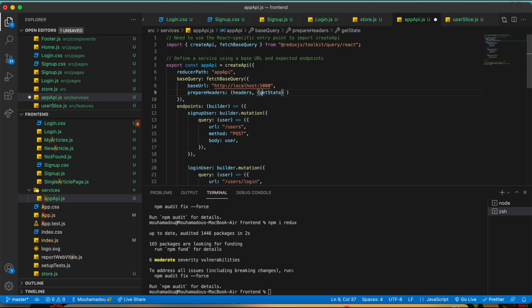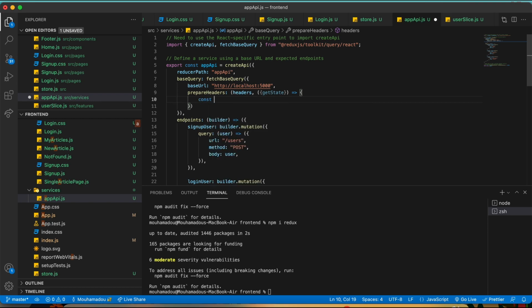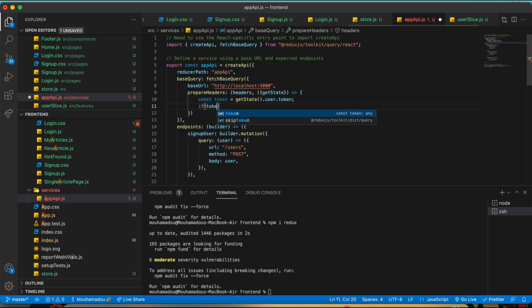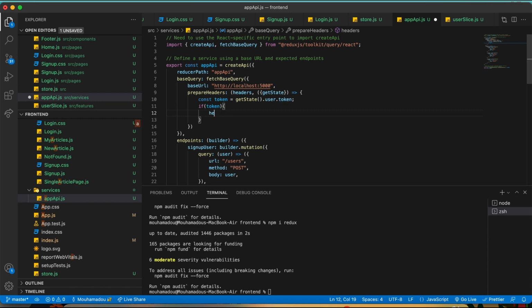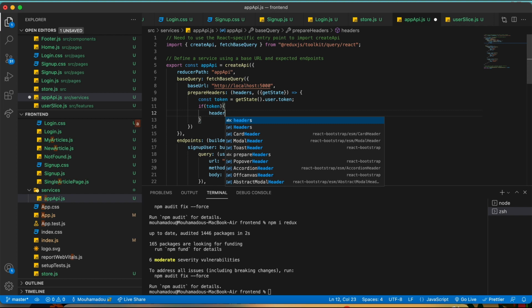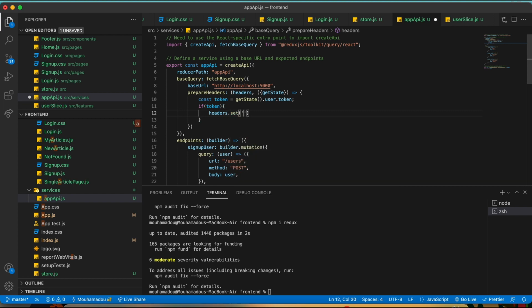Actually, let's wrap this in parentheses. Okay, so we can get the state because the state has our token, so we'll grab it there, and we say const token equals, right, we get the state, that user, that token. So if there is a token, what do we do here? So we say headers. Headers should be headers.set, so authorization, make sure you write it correctly, and it's going to be bearer